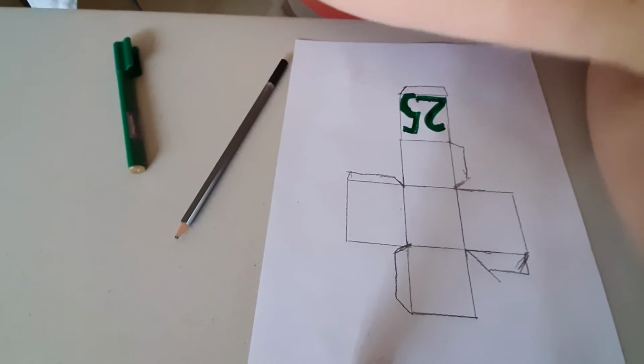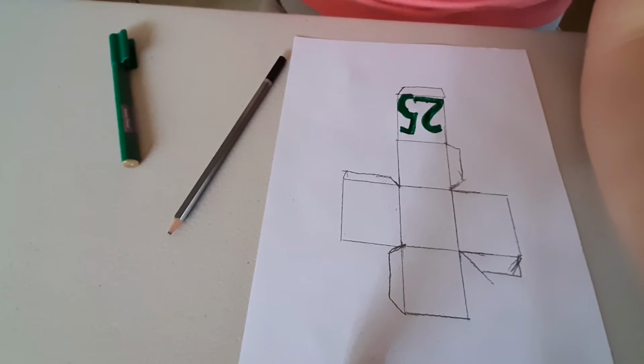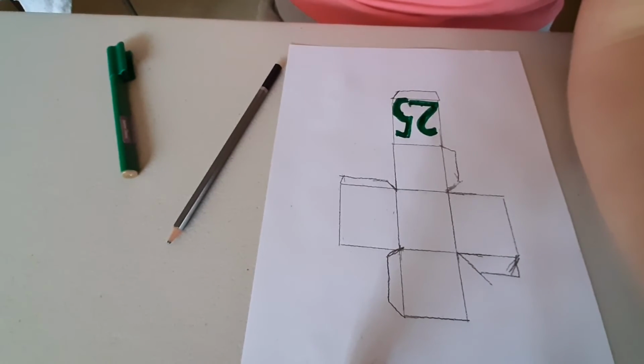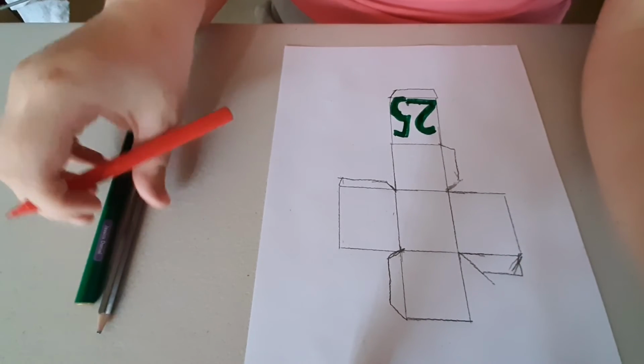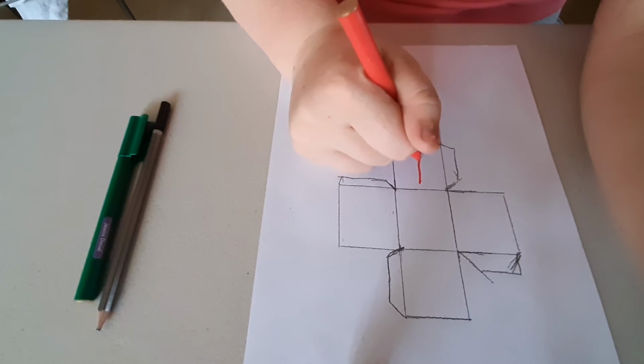And then your next step will be to do your design. Now there are different types. I'm just going to do the star design. Some people could do Santa designs, reindeer designs, sort of them. But I'm just going to do a simple, quick and easy design,